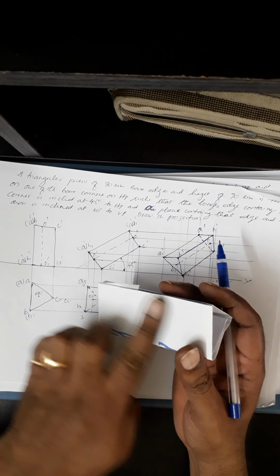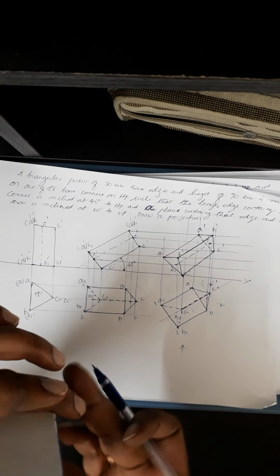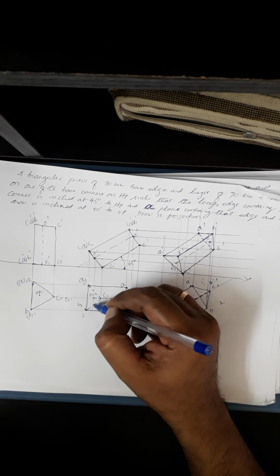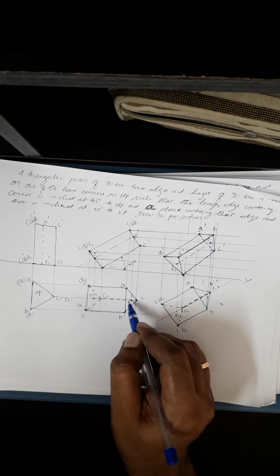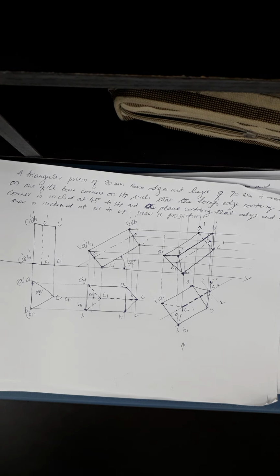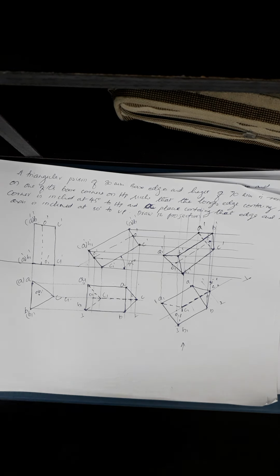So that should be a plane surface. In that case, these edges actually come below that surface, so they become invisible. Go for joining them with a dotted line, invisible edges. So the axis only up to that, you can set the axis. Since he says the plane containing that edge and the axis is inclined at 30 degrees to VP,